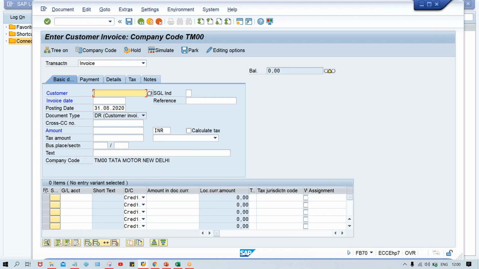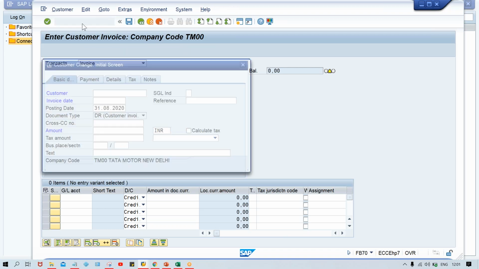Invoices are going to be due based on the payment terms, right? In the previous session, this is already covered. There is a topic called terms of payment. That terms of payment is going to be used in case of customer and vendor both, right? Since I have already covered it in the account payable segment, the way it is used for vendor, in the same way it is used for customer also. But for customer master, if you are able to remember, or else you just do one thing,